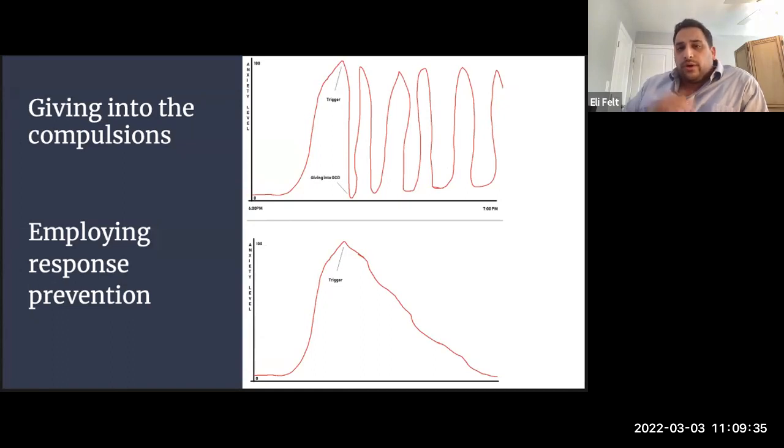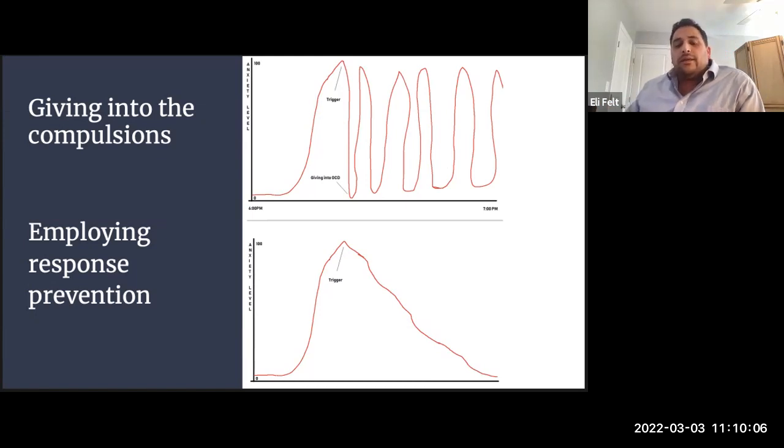And the SUD score is going to become important as we get later on into the treatment. But if you see here on the y-axis, you have this increase in anxiety, and then the compulsion is initiated, which dramatically reduces the anxiety, however, only temporarily. And then it just keeps going, and you keep living with this debilitating disorder that just keeps wreaking havoc on the person's life. If you employ ERP, then you see the steady decline in the anxiety,